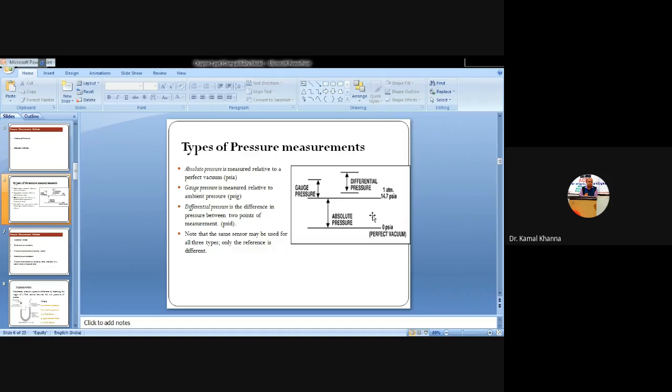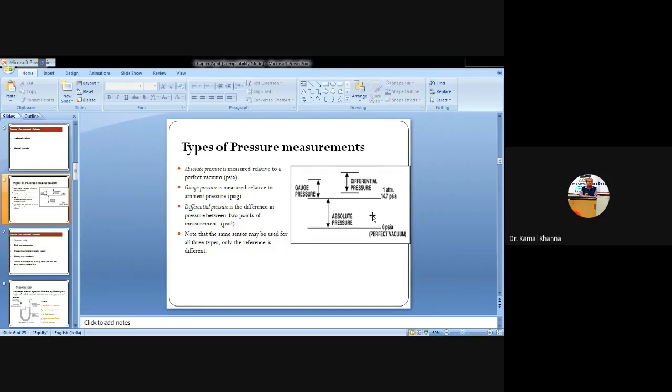That is, when the pressure is measured for the first pipe, AB, where the fluid is flowing from point A to B, and the second pipe, we can measure the differential pressure of two different fluids as well as of the same fluids flowing at different pressures from point A to B and C to D respectively. These are measured with a single pressure gauge, called a differential pressure gauge, and the pressure measured with this gauge is called the differential pressure. That is, we are measuring the difference between the two pressures.